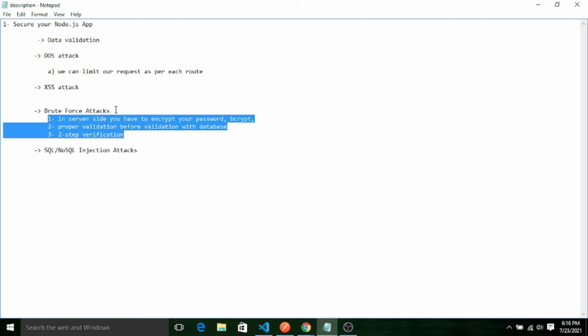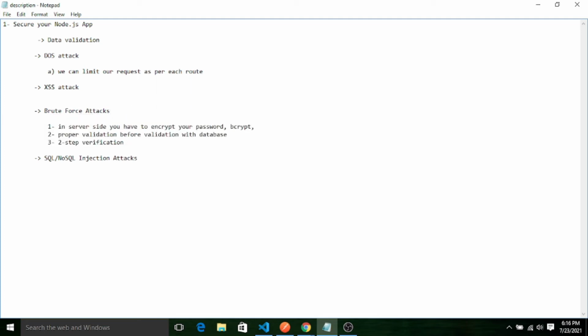When you are developing any kind of project, please take care, because each project has this login functionality, a login page. So don't forget to follow these 3 steps. Always encrypt your password. There is one beautiful module, bcrypt. You can use that one. I have also used it. It is simple, like a hashing algorithm, which is one way.